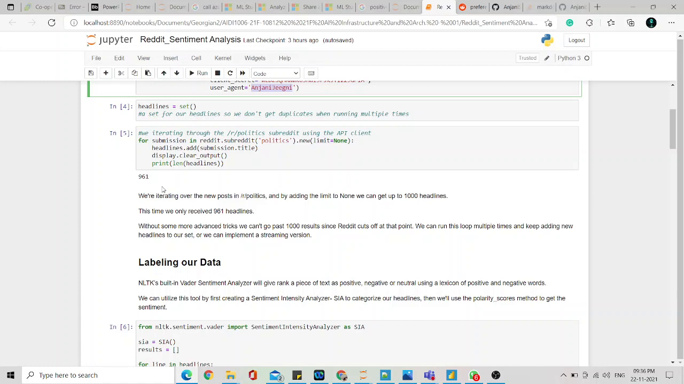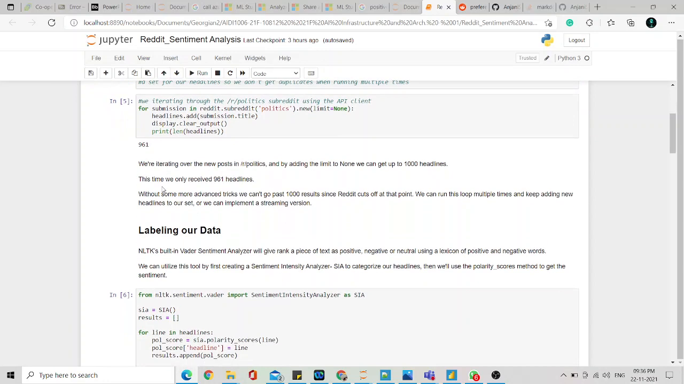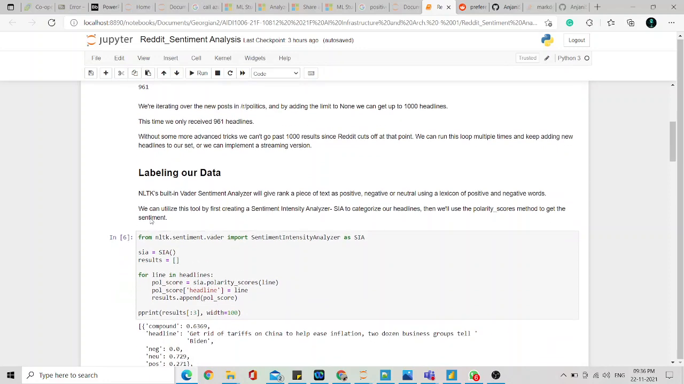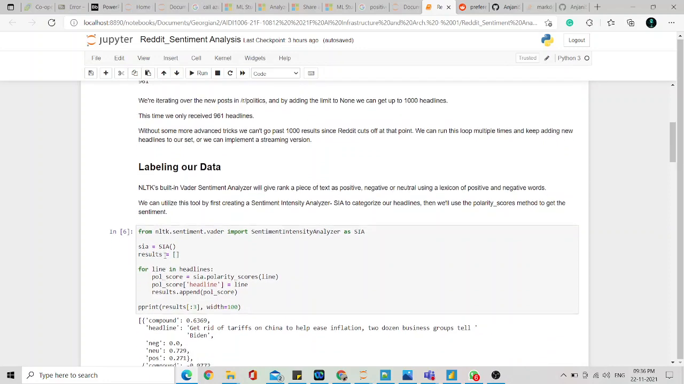PRAW basically does a lot of work for us. It lets us use a really simple interface while it handles a lot of tasks in the background. And unfortunately, without some more advanced tricks, we cannot go beyond 1000 results, since Reddit cuts off at that point. And here, as I told you, we are using the Natural Language Toolkit,